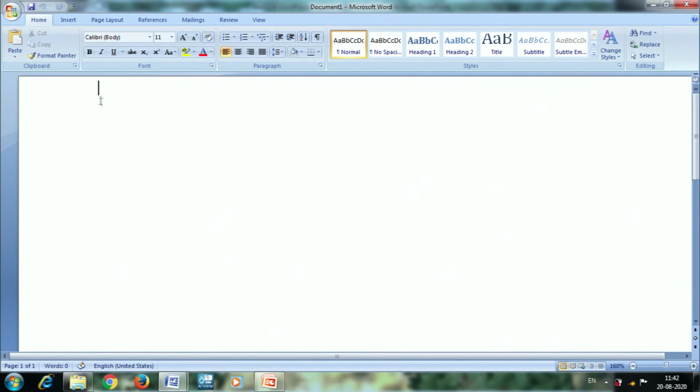Here you might be noticing that in this area there is a cursor blinking. This is the typing area, the whole area is the typing area, and the blinking place is called the insertion object. Whatever I am typing here, suppose I am typing introduction to word processing.